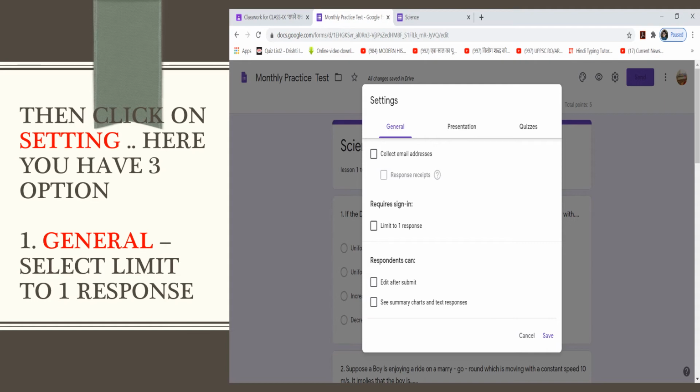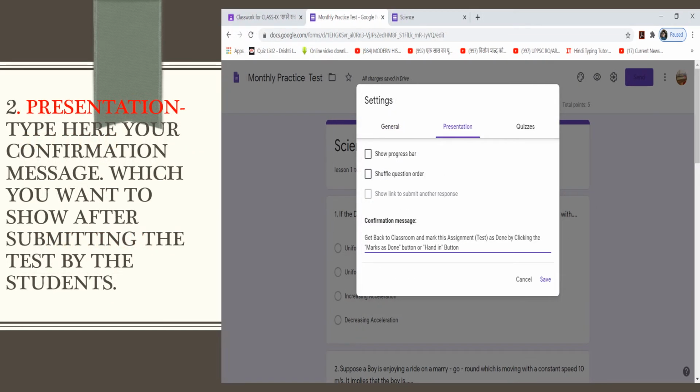You have three options: General, Presentation, and Quizzes. In General, select limit to one response. In Presentation, type your confirmation message which you want to show after the students submit the test.